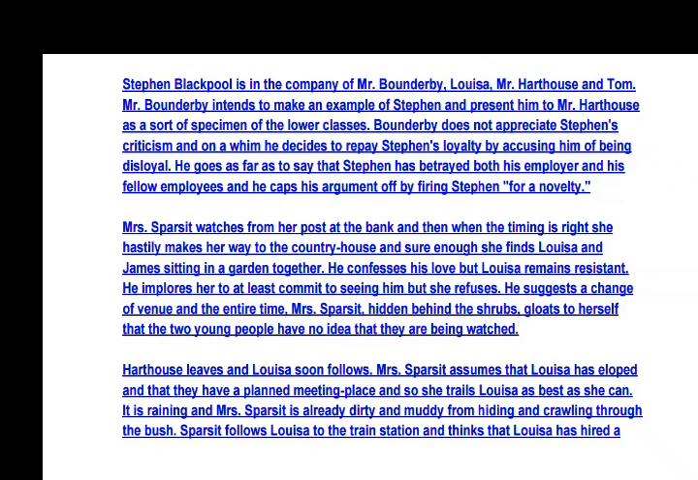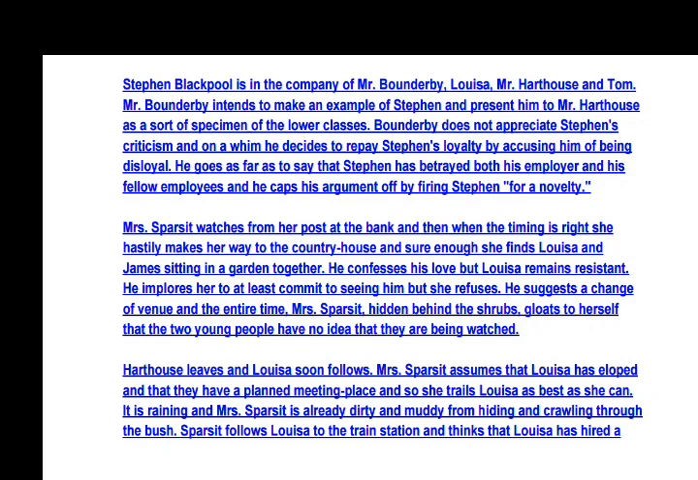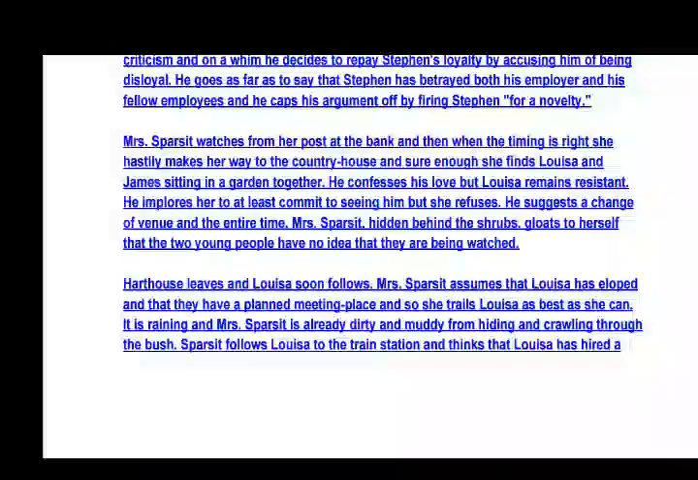Mrs. Sparsit watches from her post at the bank, and then, when the timing is right, she hesitantly makes her way to the country house, and sure enough, she finds Louisa and James sitting in a garden together. He confesses his love, but Louisa remains resistant. He implores her to at least commit to seeing him, but she refuses. He suggests a change of venue, and the entire time